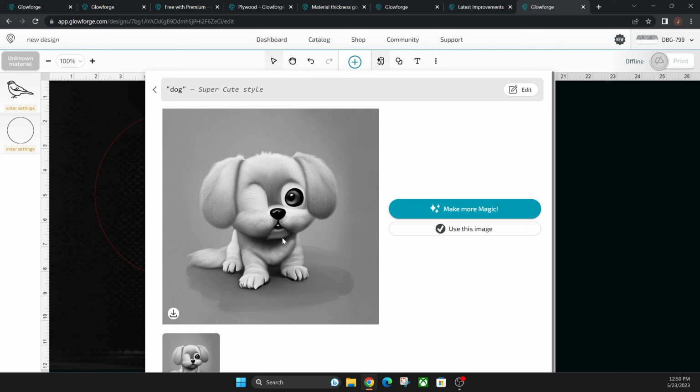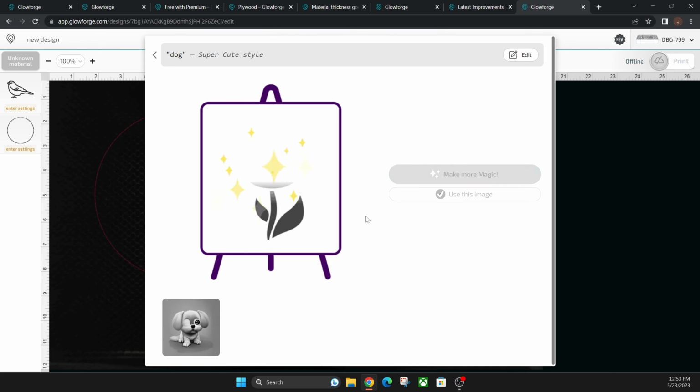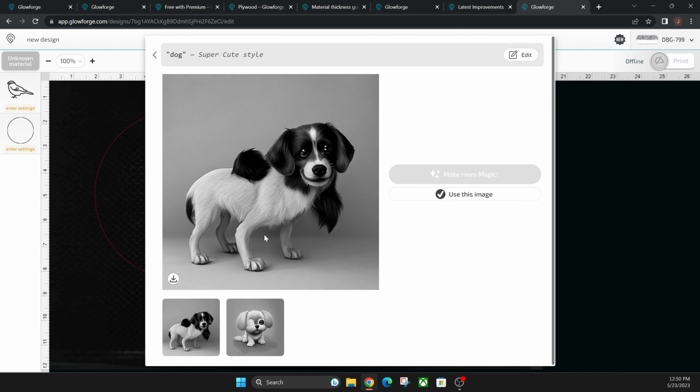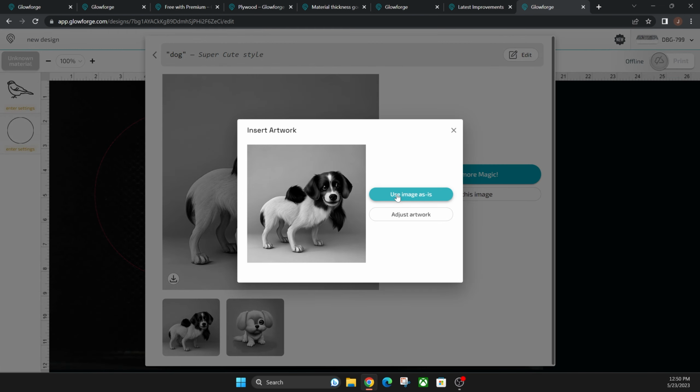And as you can see, this dog's missing an eye, so you can regenerate it here. Click make more magic until you find an image that you actually like. As you can see, it does make some weird looking images, but eventually it will make something that's usable for you. If you like this one, you can just click use this image,